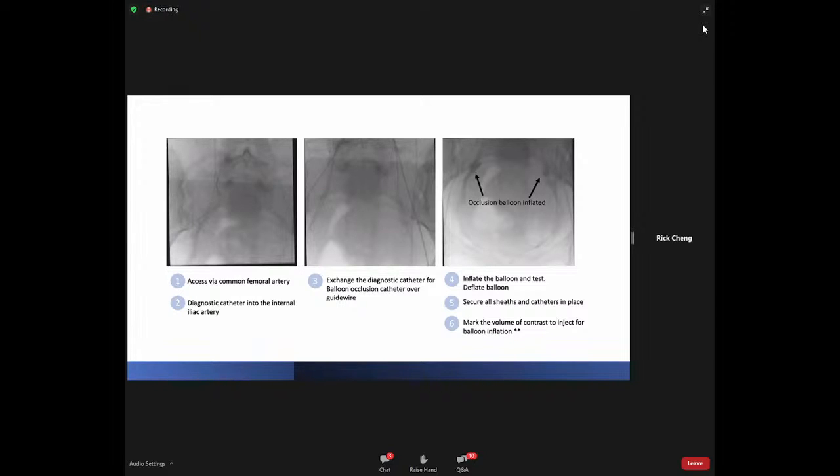The amount that is used to inflate the balloon would be clearly marked and also announced to the team as well. It is very important to make sure you do not overinflate the balloon. So you just want the balloon to slowly conform to the vessel rather than having a very plump, round balloon over-distend the vessel here.